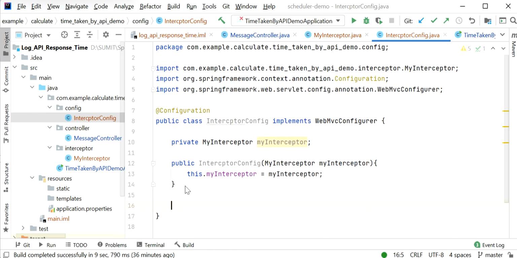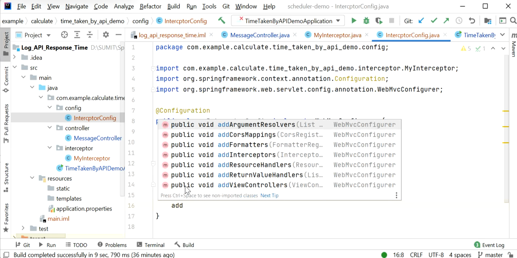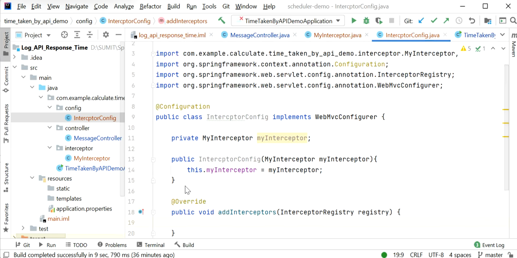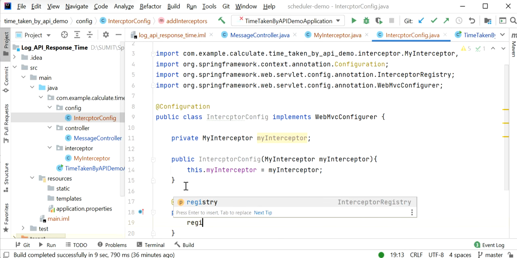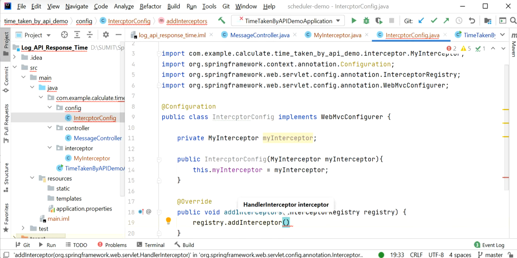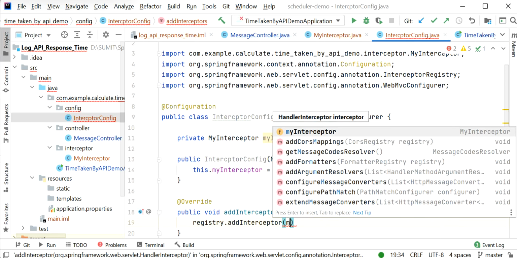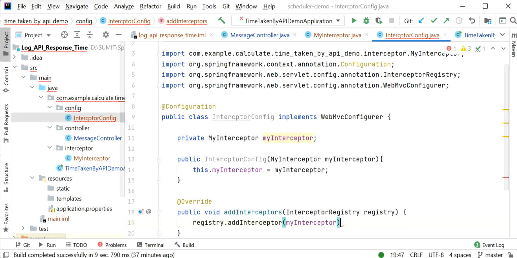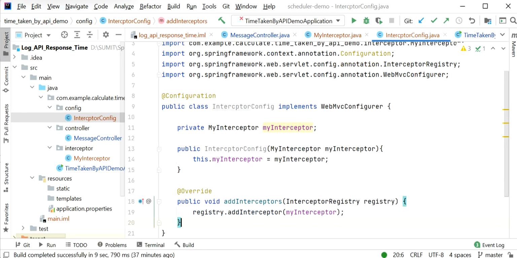So here I need to override the addInterceptors method. Inside this method I will use registry.addInterceptor, and here I will just pass my interceptor object. So here I have registered my interceptor.